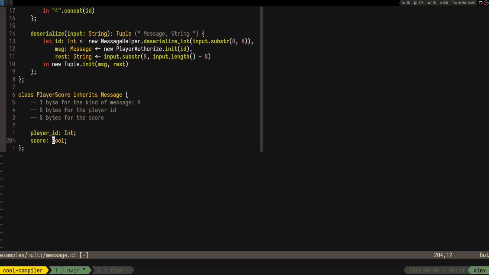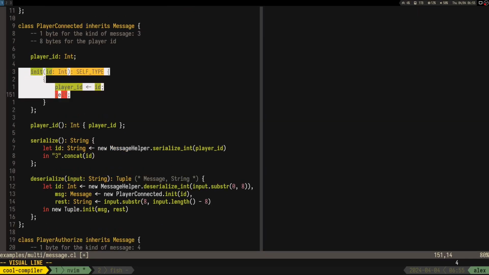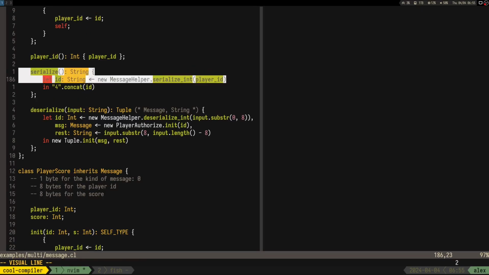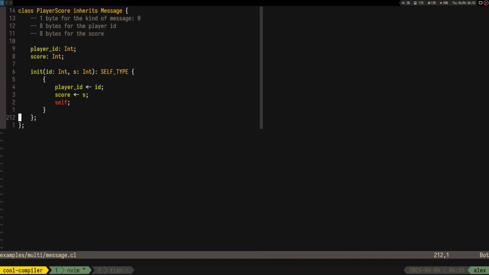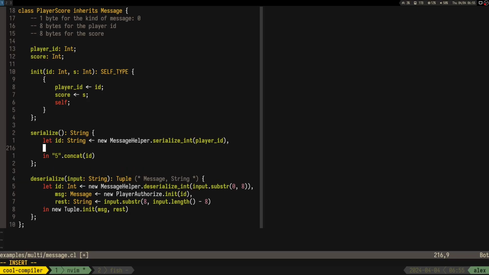This is gonna be score and it's gonna be an int. So let's also steal the init. Init is gonna take in an ID and the score, and now we need to do serialize and deserialize. So yeah, pretty standard. So we serialize the ID, then we have to serialize the score, right? So we concat s, and deserializing